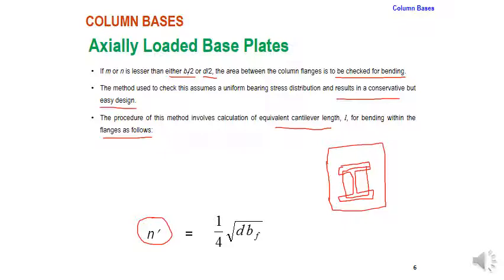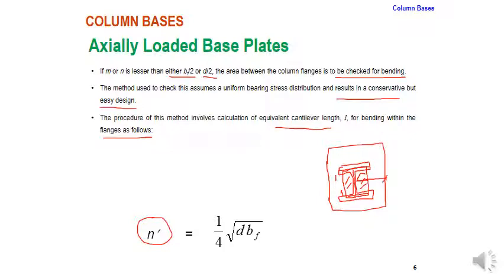Out of this supported part, this is the flange, this is the web. Wherever the flange and the web have direct contact with the base plate, it is properly supported. But what about this region? This region is not going to have any support directly. The effect from the flange can come over there, but practically this region between the webs is going to give you an unsupported part. So that is also needed to be considered.